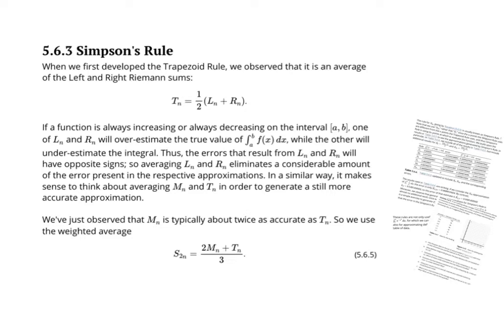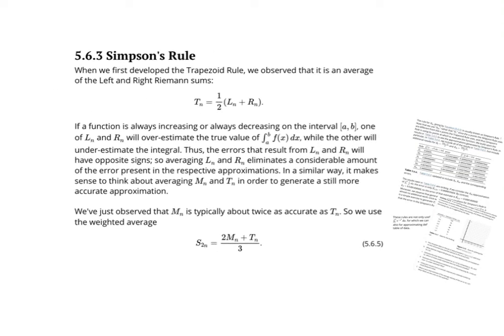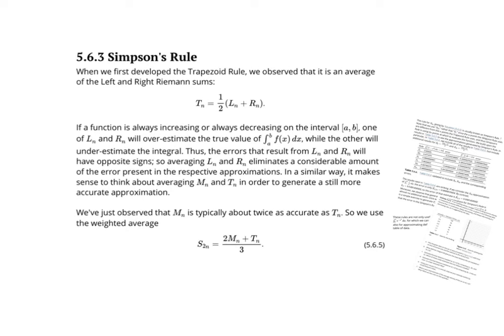We're going to use that idea and apply it to the fact that the midpoint rule and the trapezoid rule have opposite sign errors. But since the midpoint error is half as big as the trapezoidal rule error, we have to do 2 times the midpoint rule and then add that to the trapezoid rule and divide the whole thing by 3. In other words, we have to take a weighted average of these 2 approximations. So this is our formula for Simpson's rule,